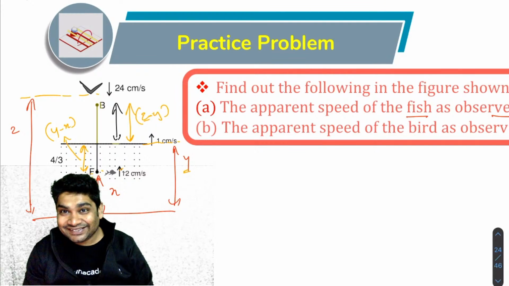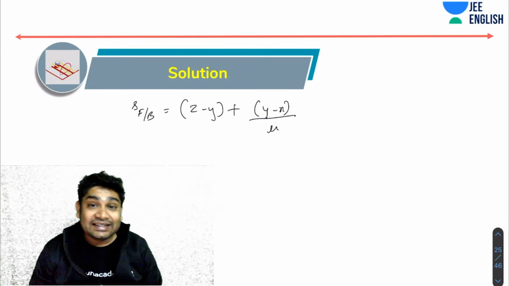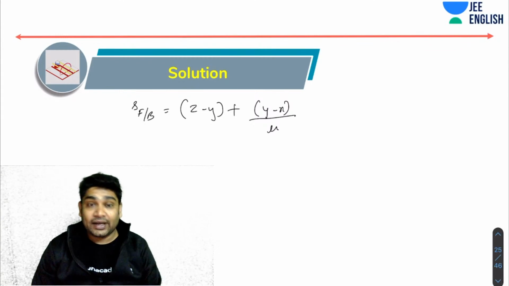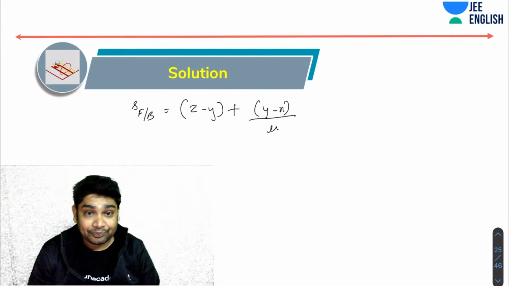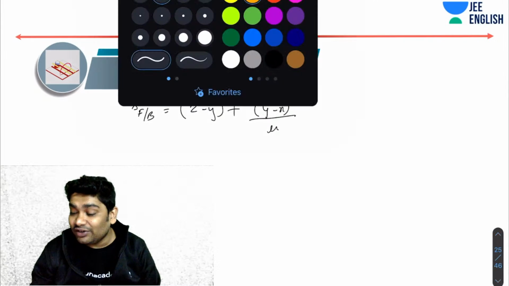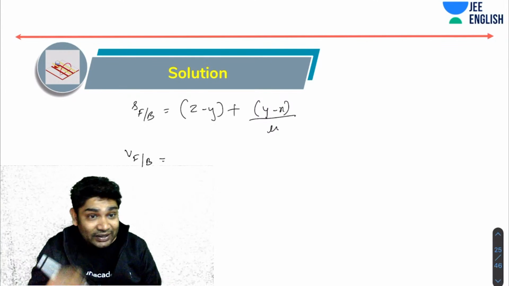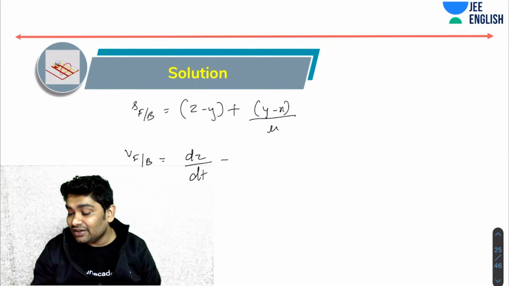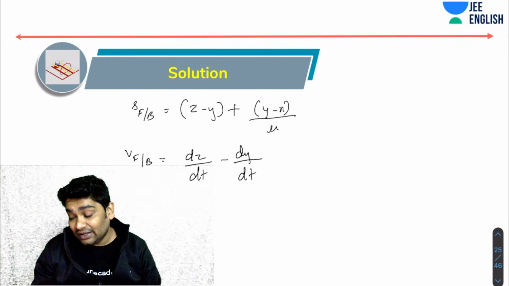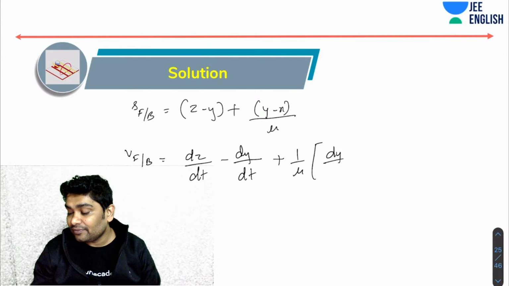अभी समझ में आया आमोद? ठीक है, सो दिस इज द डिस्टेंस ऑफ द फिश दैट द बर्ड विल सी, है ना? बर्ड को क्या लगेगा? फिश z माइनस y डिस्टेंस प्लस y माइनस x अपॉन म्यू डिस्टेंस पर है। अब क्या करना है? स्पीड के लिए बस इस इक्वेशन को डिफरेंशिएट करना होता है। तो वेलोसिटी ऑफ फिश विद रिस्पेक्ट टू बर्ड will be just simply differentiation of this। जब इसको डिफरेंशिएट कर दोगे तो क्या आएगा? dz over dt minus dy over dt, then you will have plus 1 over mu, you will have dy over dt minus dx over dt।